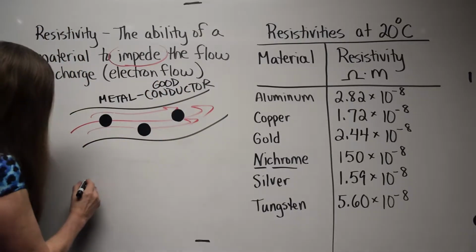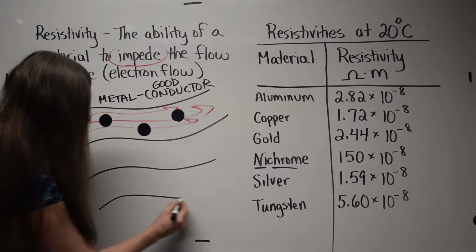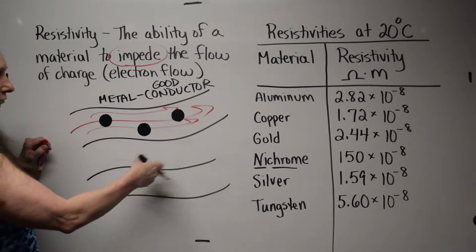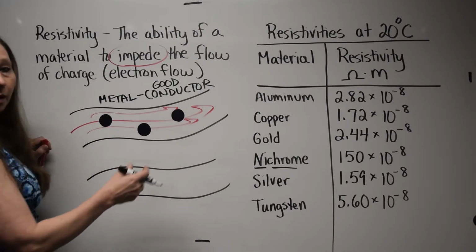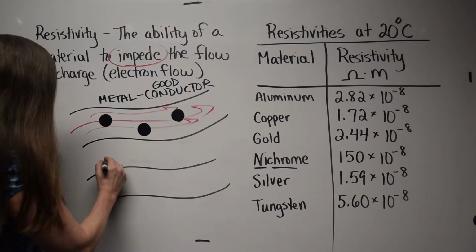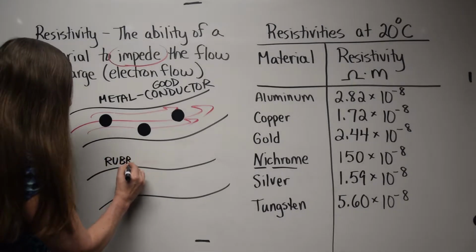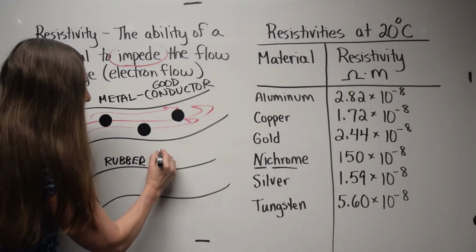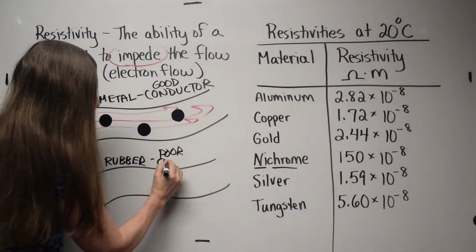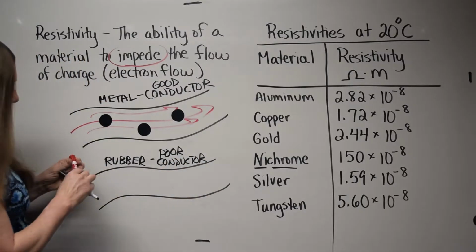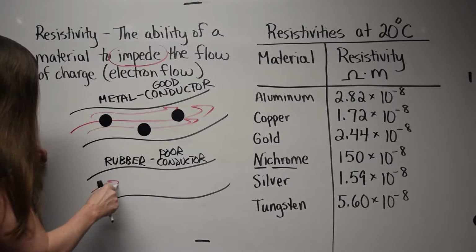Something like a piece of rubber, we'll have a rubber rope here, or rubber wire, which doesn't even make any sense, but rubber or a non-metal would be a poor conductor, or a good insulator, because it does not